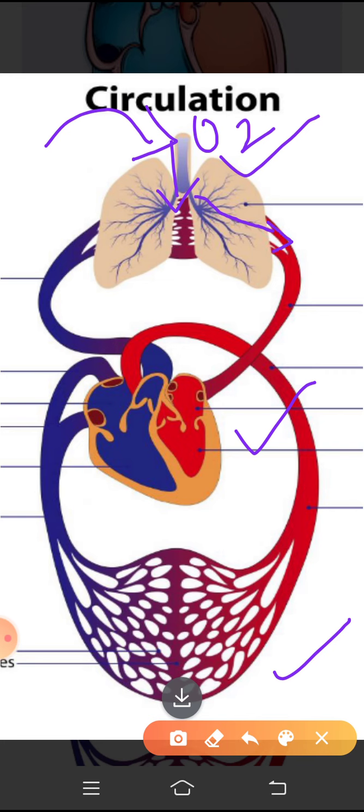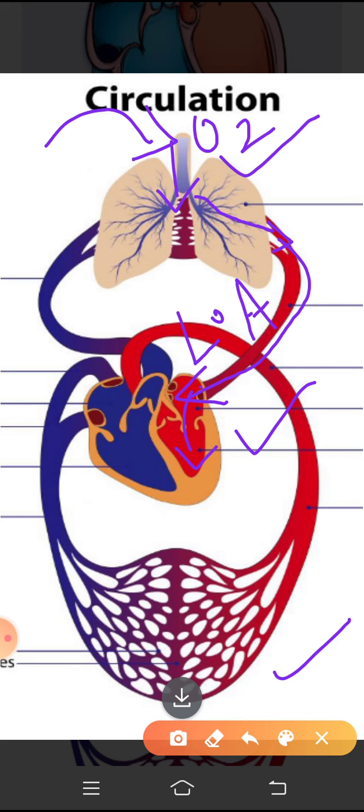So this oxygenated blood from the lungs enters the heart. To which chamber does it enter? It enters the left atrium or auricle. So the blood from the lungs enters the left atrium. One easy thing you can remember here is L for lungs, L for left. So the lungs give the oxygenated blood which enters the left atrium, and from the left atrium the oxygenated blood